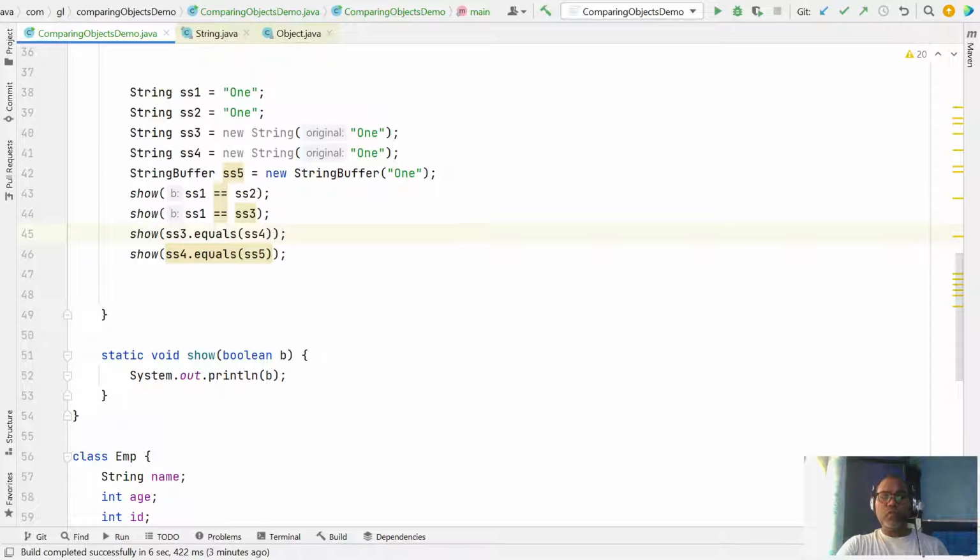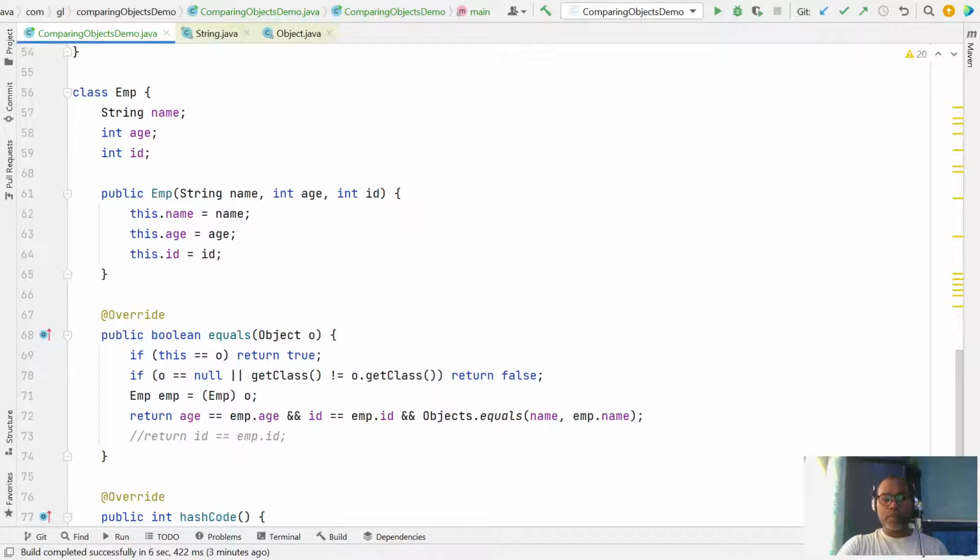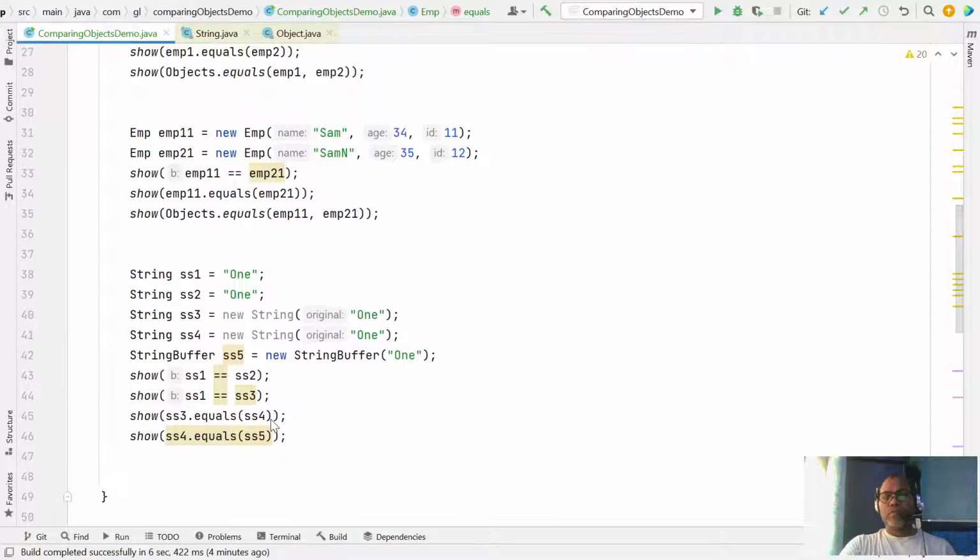So while overriding the equals method, please ensure that you check whether both objects are referring to the same object or not, whether both have the same data type, and after that you can check each attribute. After that you can decide whether both objects are equal. Hope it's clear.